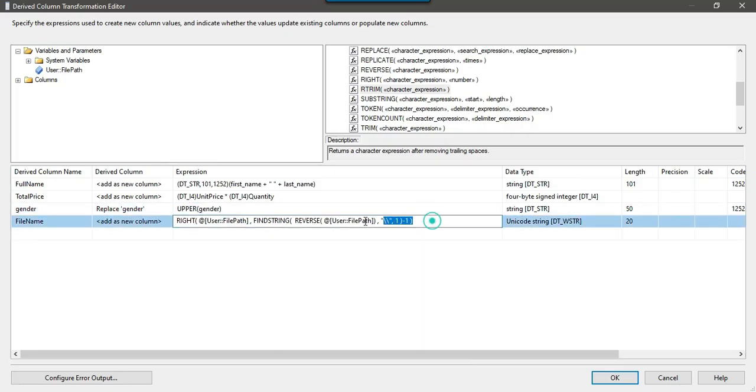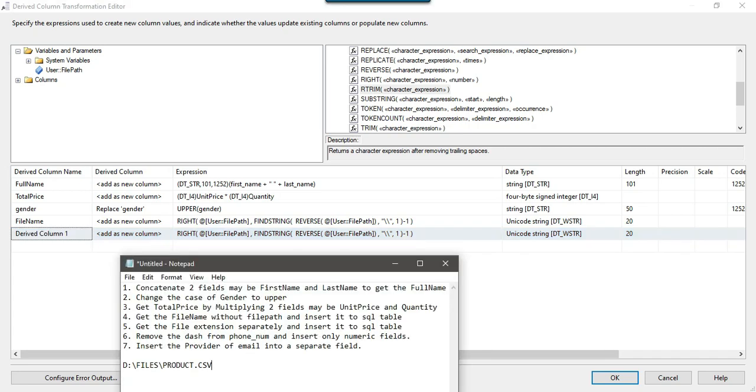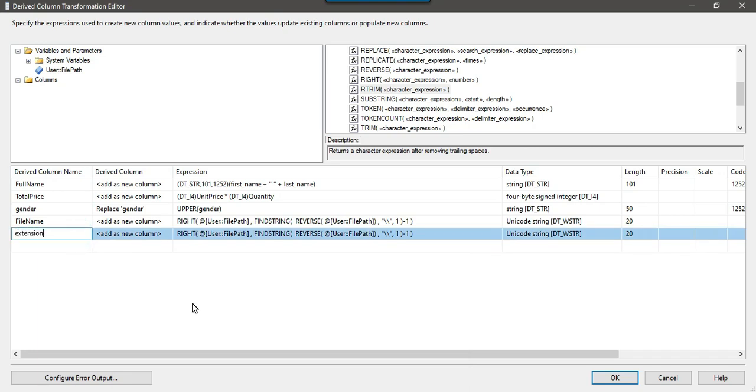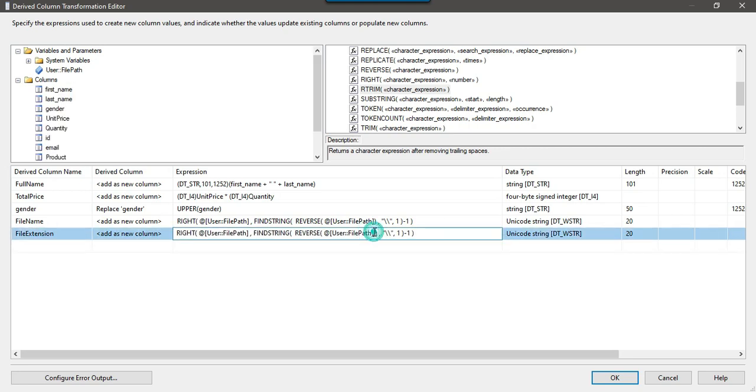We can just simply copy this and paste it here, and the new column we can call maybe extension, file extension. Okay, and instead of the file path we will be using the image path.